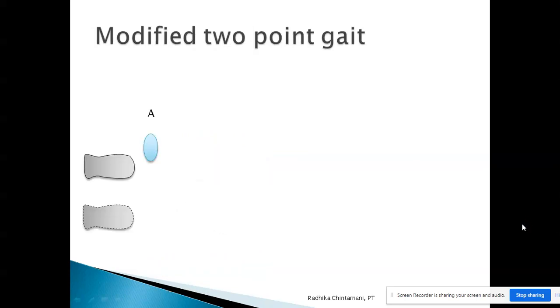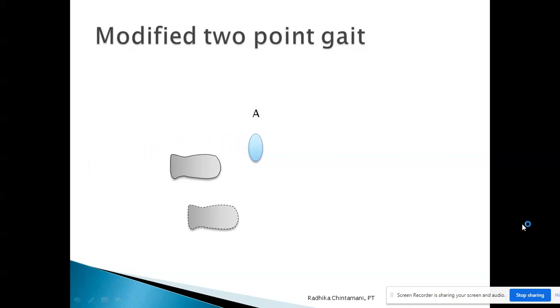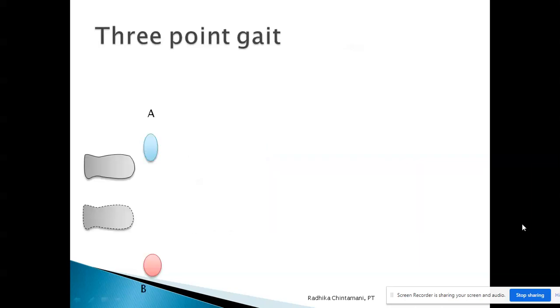Coming to modified 2 point gait. Here one crutch is removed. This modified 2 point gait is taken as a progression of the 2 point gait system, wherein you had two crutches, so one additional base of support was present. Here there is deduction of one base of support. So let's look into the video presentation. Point A and the bad leg, followed by the good leg. So this is only 2 point, but it is modified from the 2 point gait system, where one crutch is removed, one base of support is cut. Hence the base of support is narrower compared to the 2 point gait system.